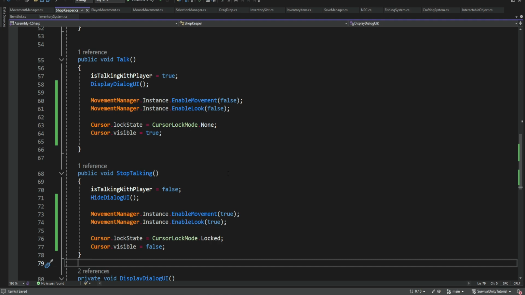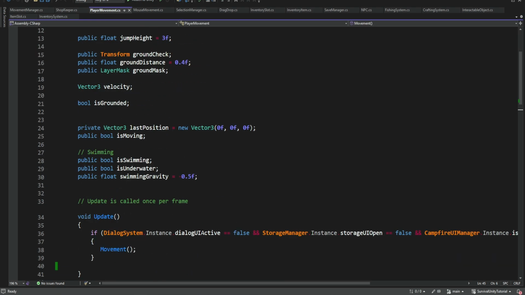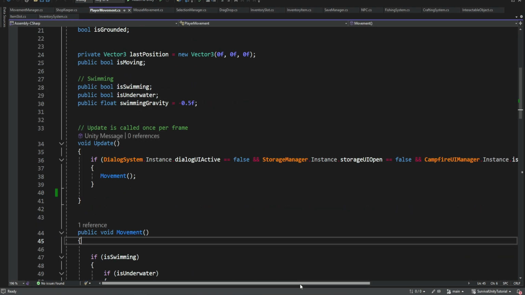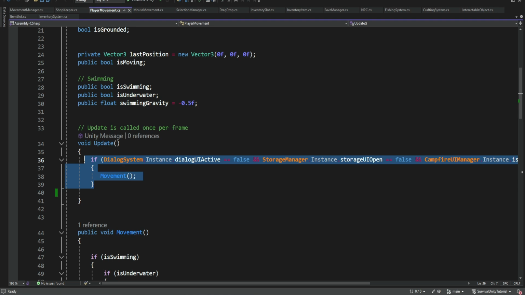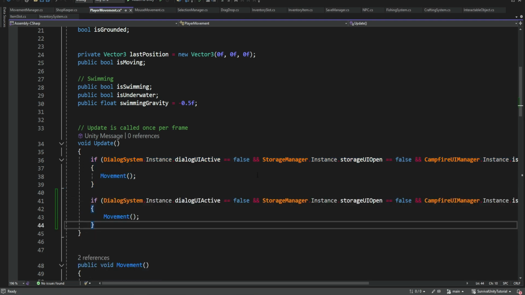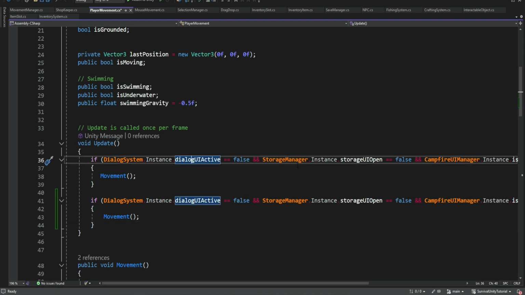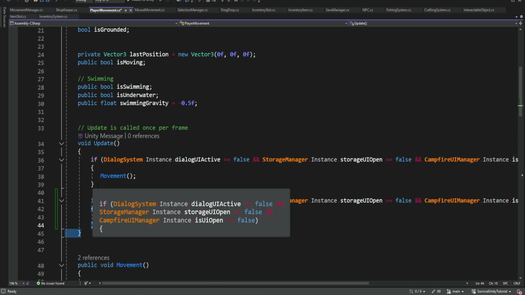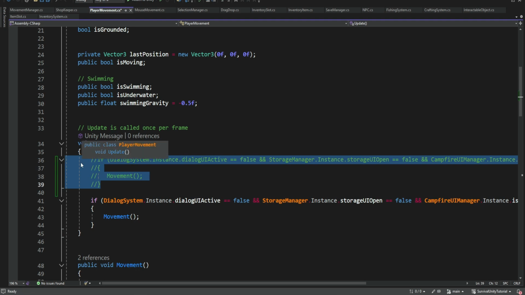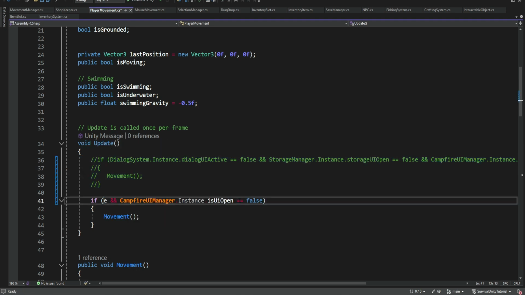Okay. Now, just because we call these methods doesn't mean that it's actually going to enable or disable the movement. We need to go to the actual movement scripts and use this movement manager, right? So inside of our player movement, instead of checking all of these different things, we are going to simply use the movement manager. Now, I'm not going to delete all of this because you will still have to go to all of these systems and use the movement manager over there in order to allow or disable the movement. So I'm simply going to comment this out for now, and I'm going to use our new method, which will be